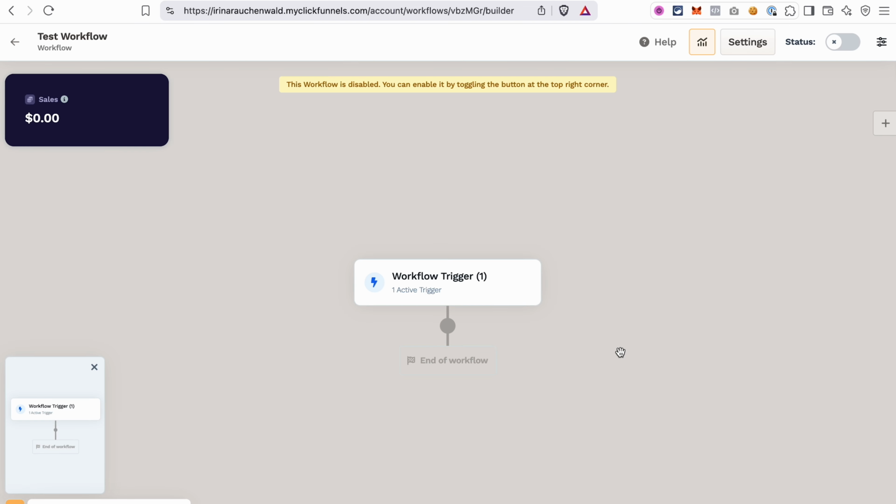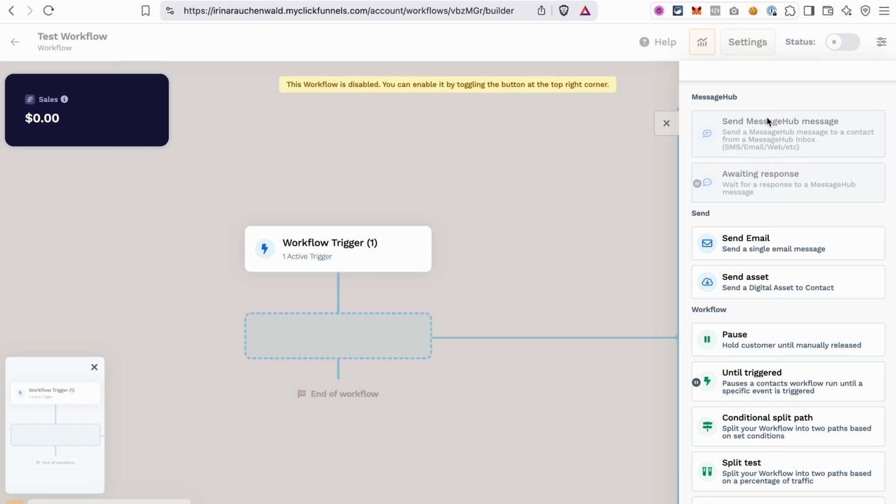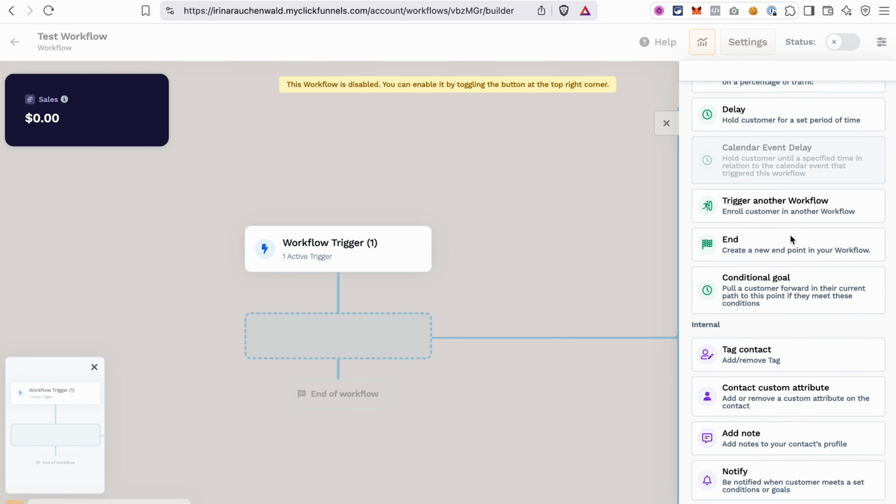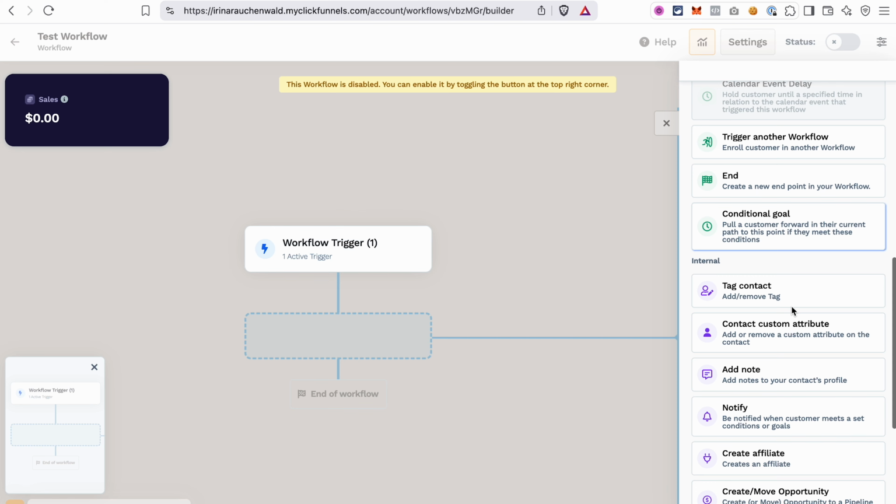Once we added a trigger, we can start adding different actions to the workflow. To do that, click the plus icon and you will see different actions that you can add to your workflow. While we're creating an email sequence, in ClickFunnels you're not limited to emails. You can also use the features of Message Hub and send messages to your contact in different messengers and also SMS. Other actions that you can add to your workflow include sending an email or an asset, adding a delay or conditional split path. We can trigger another workflow and end this workflow at conditional goal,